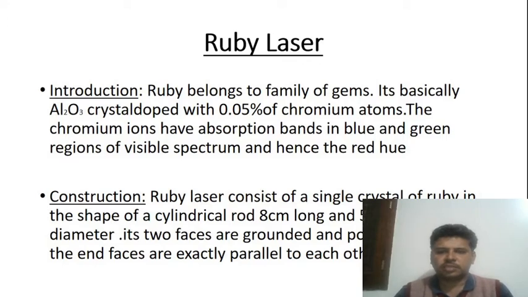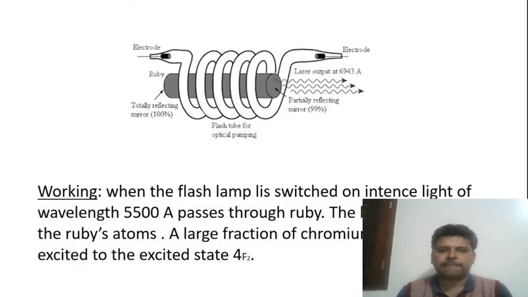This ruby rod has this structure. The center part of the bar is the ruby rod. To that ruby rod, there are two mirrors. One side mirror is a fully reflective mirror, the other side is a partially reflective mirror. Then a helical xenon lamp will be surrounding the ruby rod. One side is connected to the positive electrode, the other side to the negative electrode.